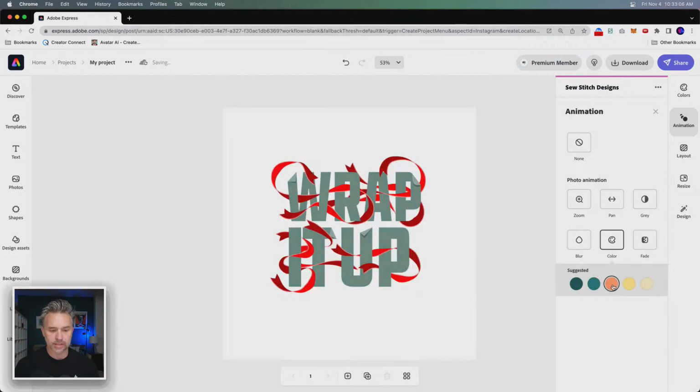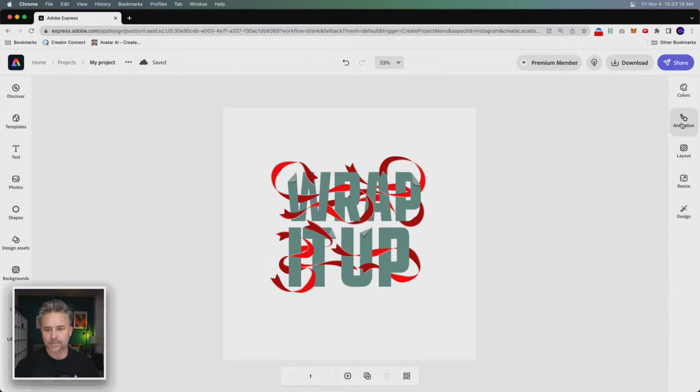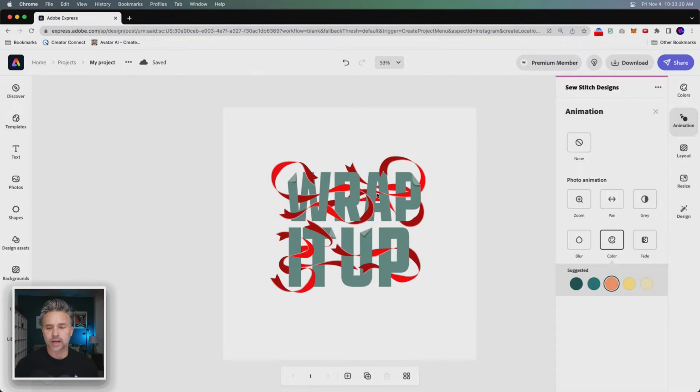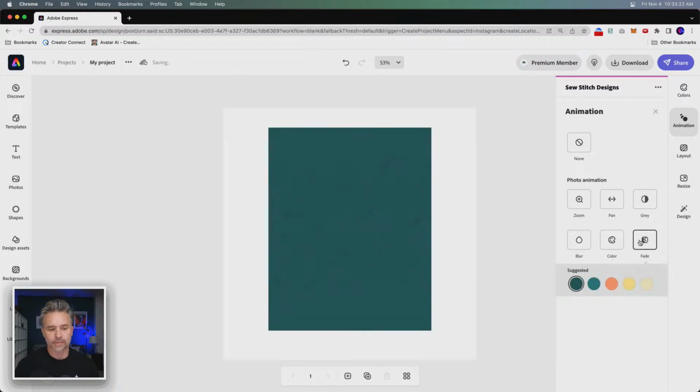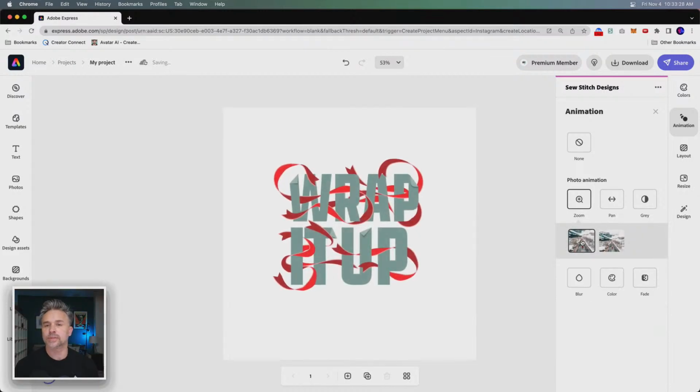Let's see what color does. It cycles through different colors, which we could decide whether we like or not. I'm okay with it. But in terms of knocking out something quickly, this could work out pretty well. I think the zoom is probably going to be the best.